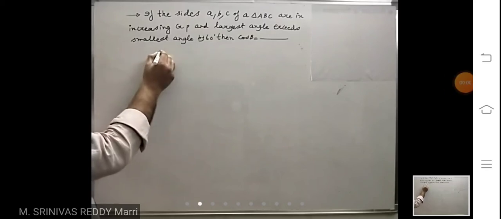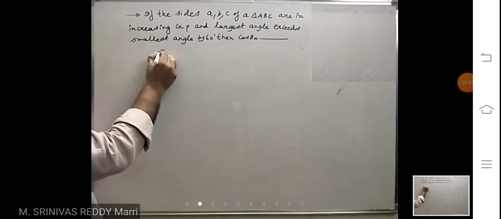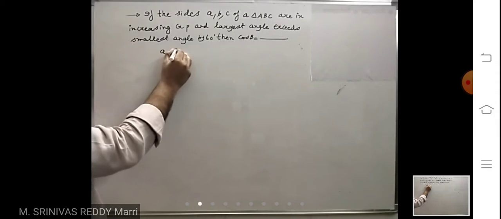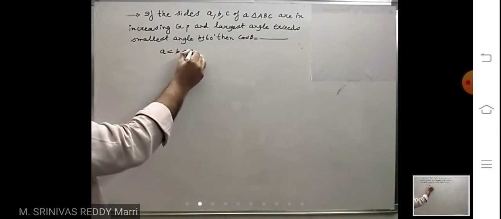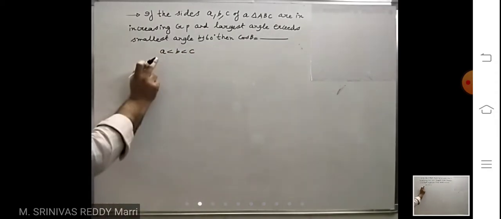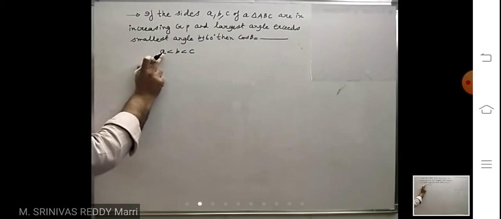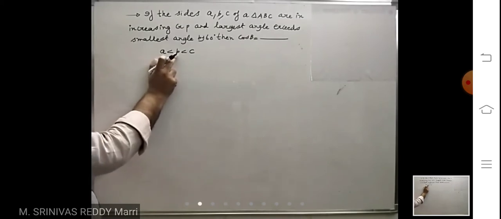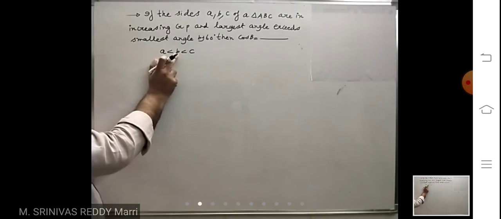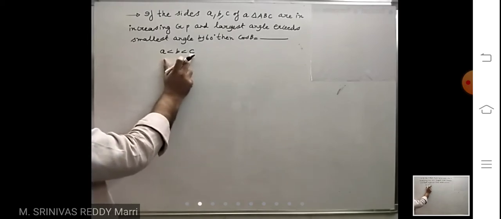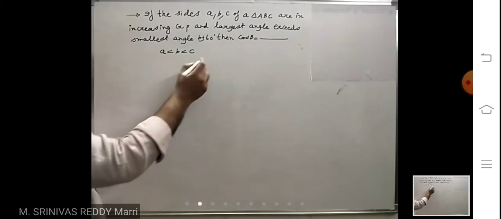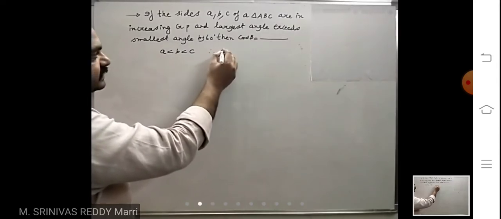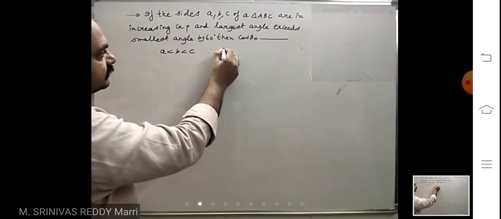ABC are such that increasing means like this: A less than B less than C. They are increasing, which means this one will be the smallest, next this one will be the next highest, and this one will be the next highest, like this. So therefore, you can say that greatest